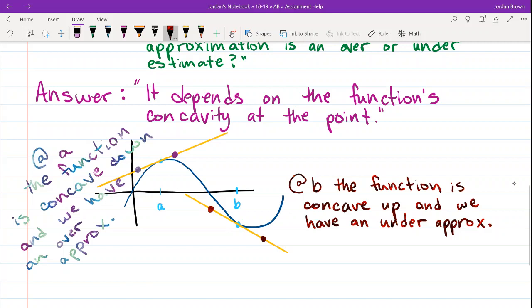Yes, Chad, that is correct. Looking at your answer, I think you can probably match concave up to being an under approximation, because up and under both have U's. So if that's a study habit that you do, where you look for little tricks inside the words, that's something that you can look at.